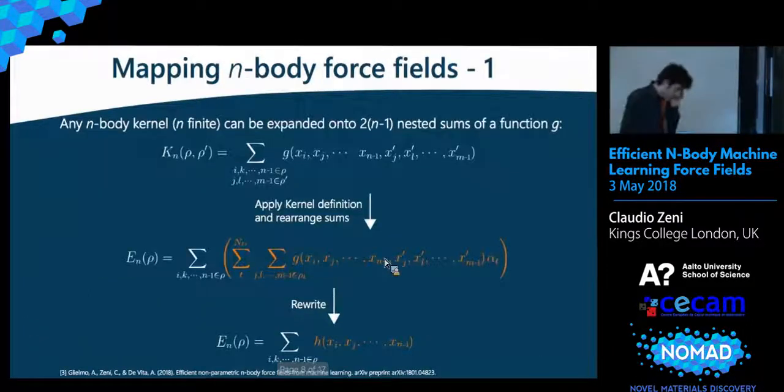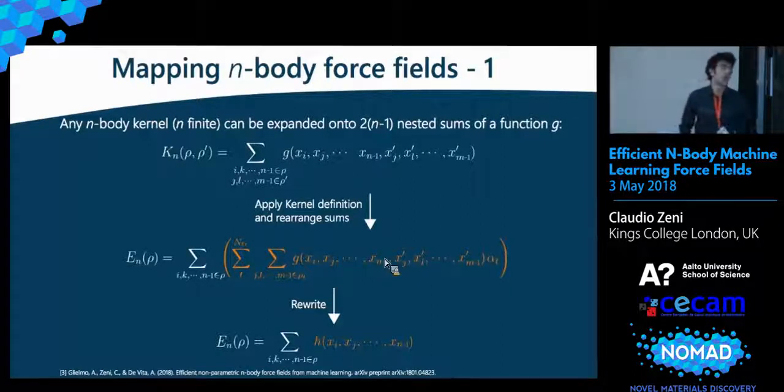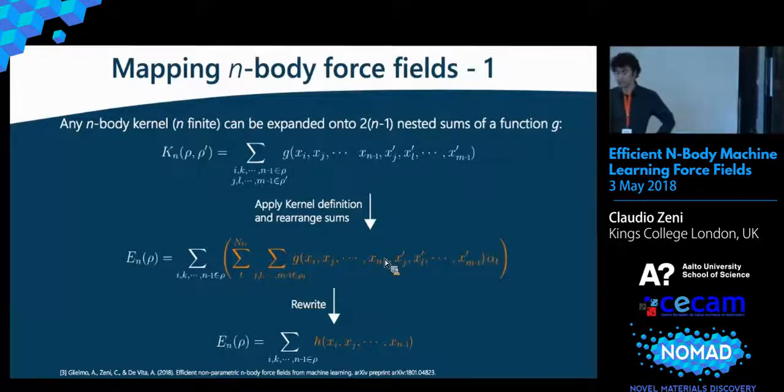Okay, so a brief formal discussion about this mapping procedure. It's a bit maybe heavy, but it's interesting to look at. So if we have an n-body kernel, not a many-body kernel, an n-body kernel with n finite, we can expand the kernel function into 2(n-1) nested sums of a function g. Let's call it just g. So we have that the kernel is a sum over n-1 atoms in the target configuration and n-1 atoms in the training configuration of a function g. If you apply the kernel definition and then we swap the sums,